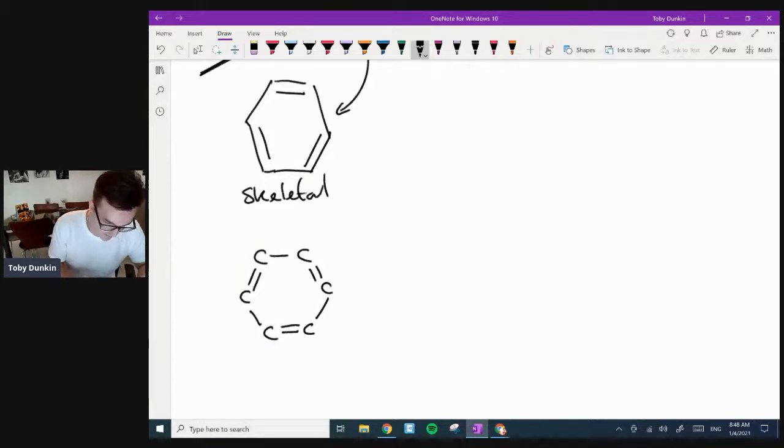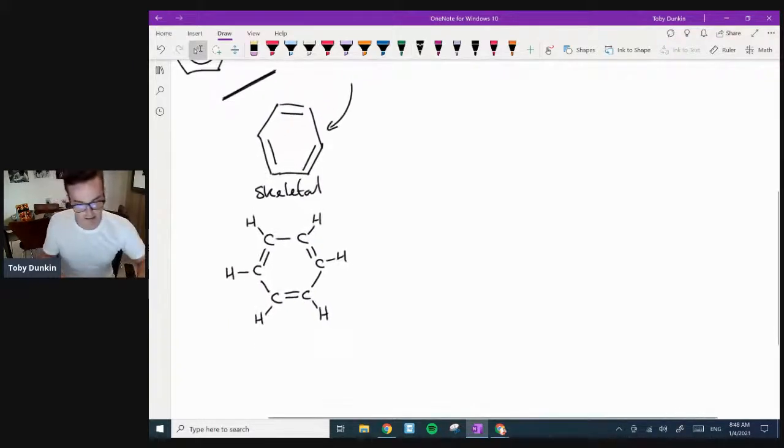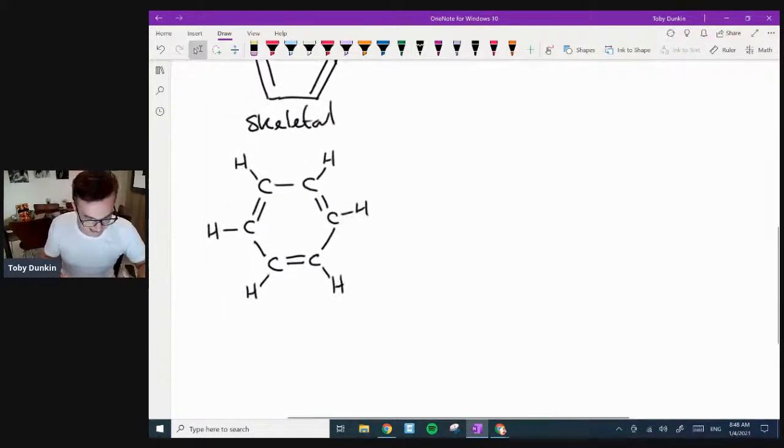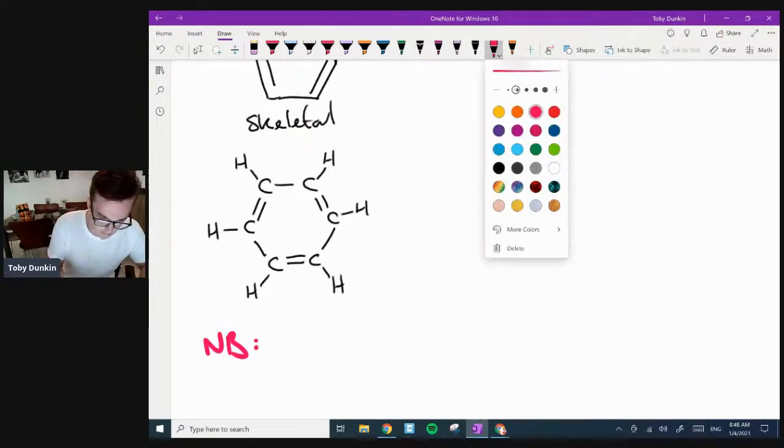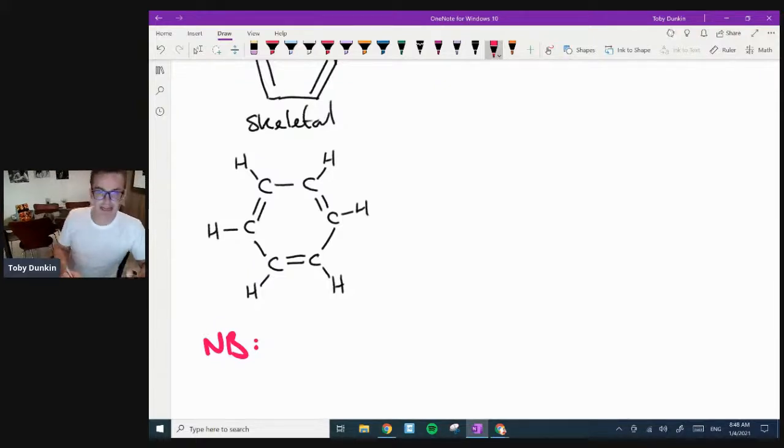And actually, can I just point out the importance of this displayed diagram, because those hydrogens cause so much trouble when it comes to doing Mr of molecules. Students forget this. Can I actually ask you to put this in red? This is a super nice nota bene. The nota bene here is that benzene has an Mr of 78, and that is super handy.